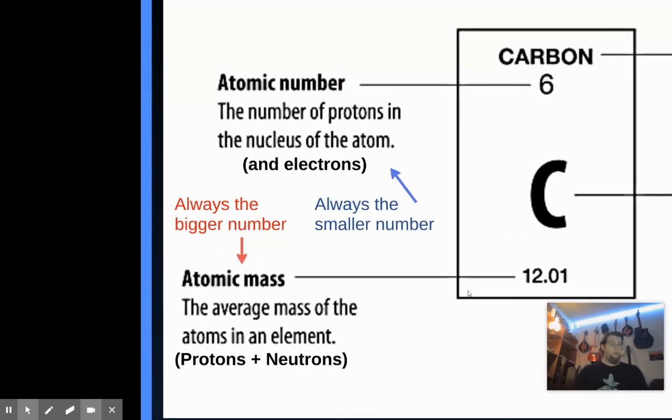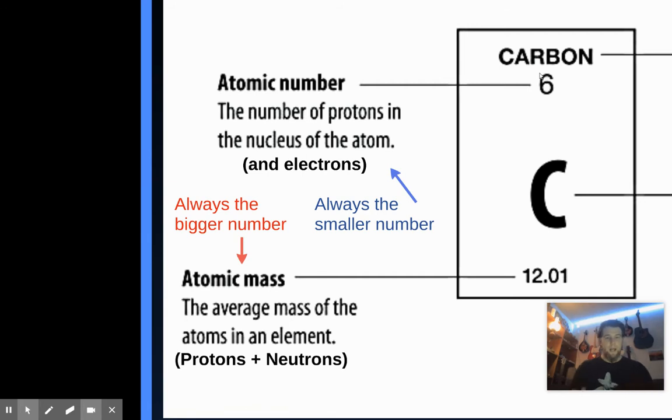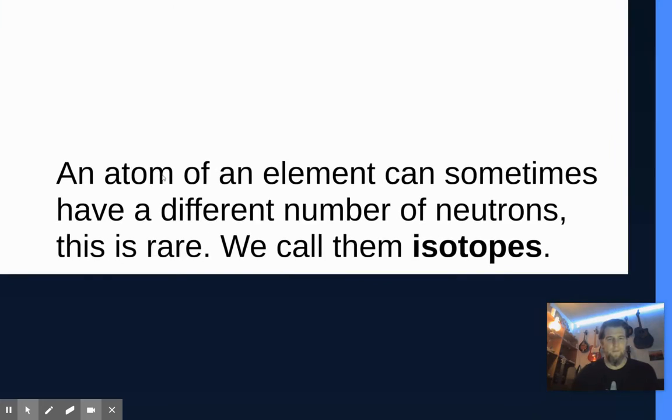And then, like I said, we have the atomic number, which is just the number of protons, which will always be the same. And if it's neutral, which everything is on the periodic table, it's important to note that this is the number of electrons as well. So everything on the periodic table is neutral. It has the same number of protons and electrons. Therefore, this 6, meaning 6 protons, also means 6 electrons. The atomic mass, like we said, is just the average of protons and neutrons. That would be their average mass. And so that's a breakdown of each tile, if you will.